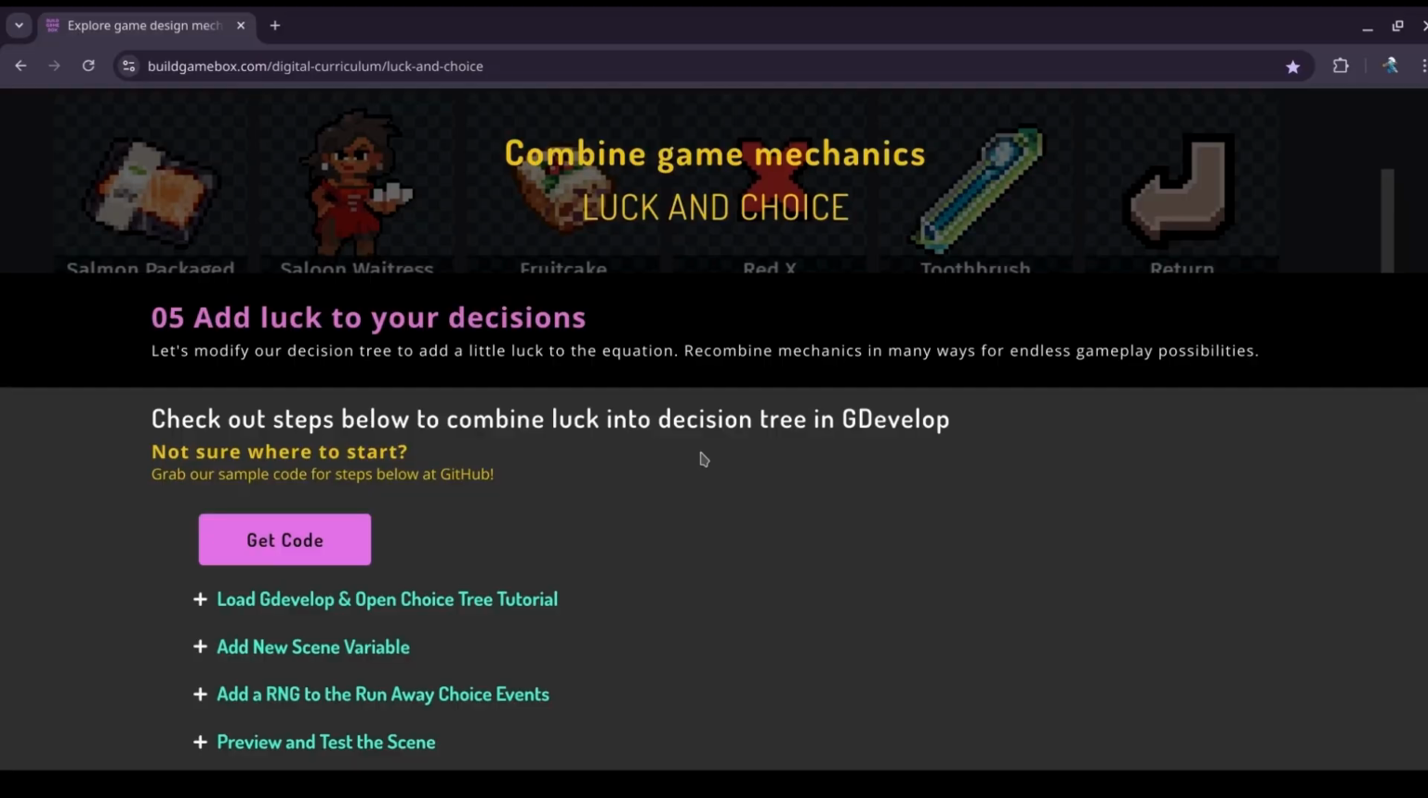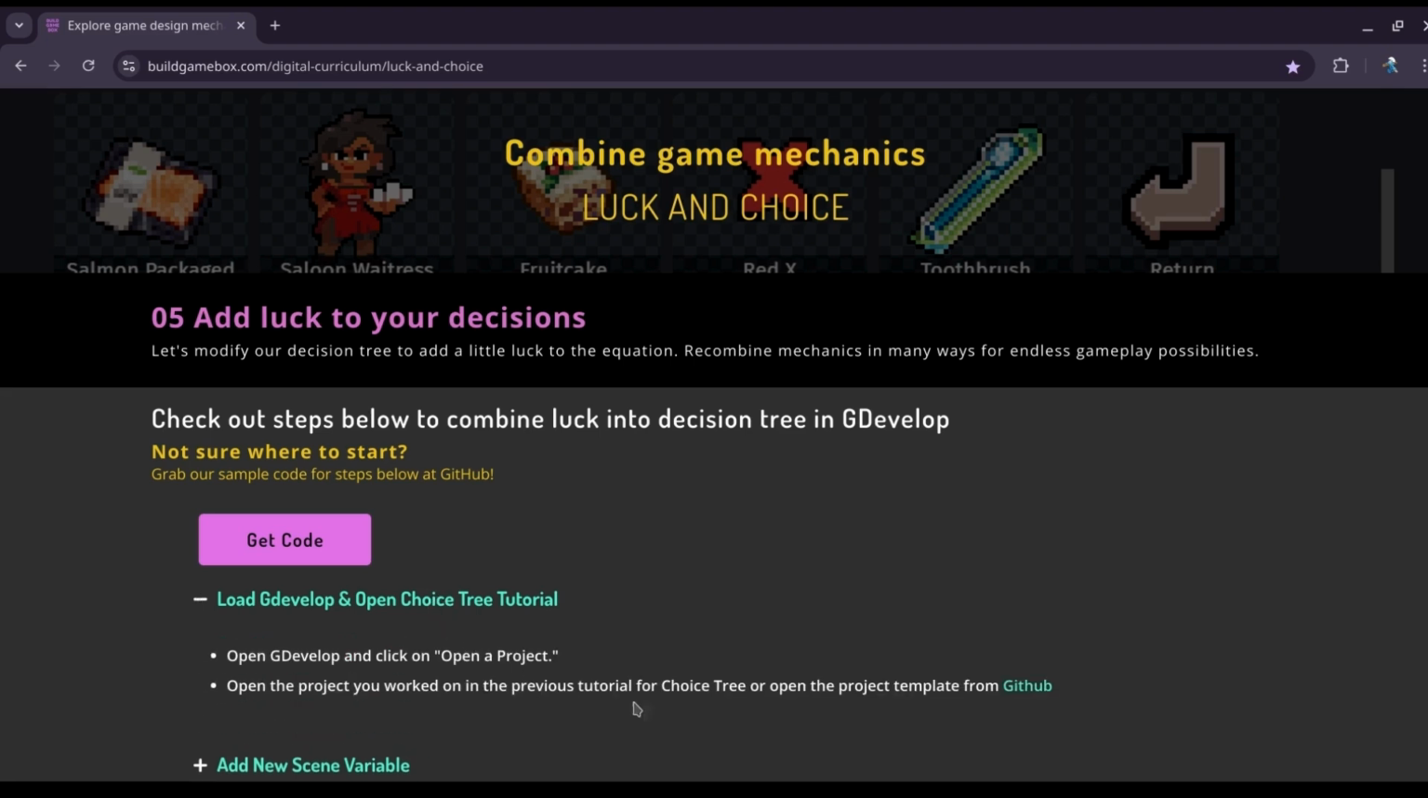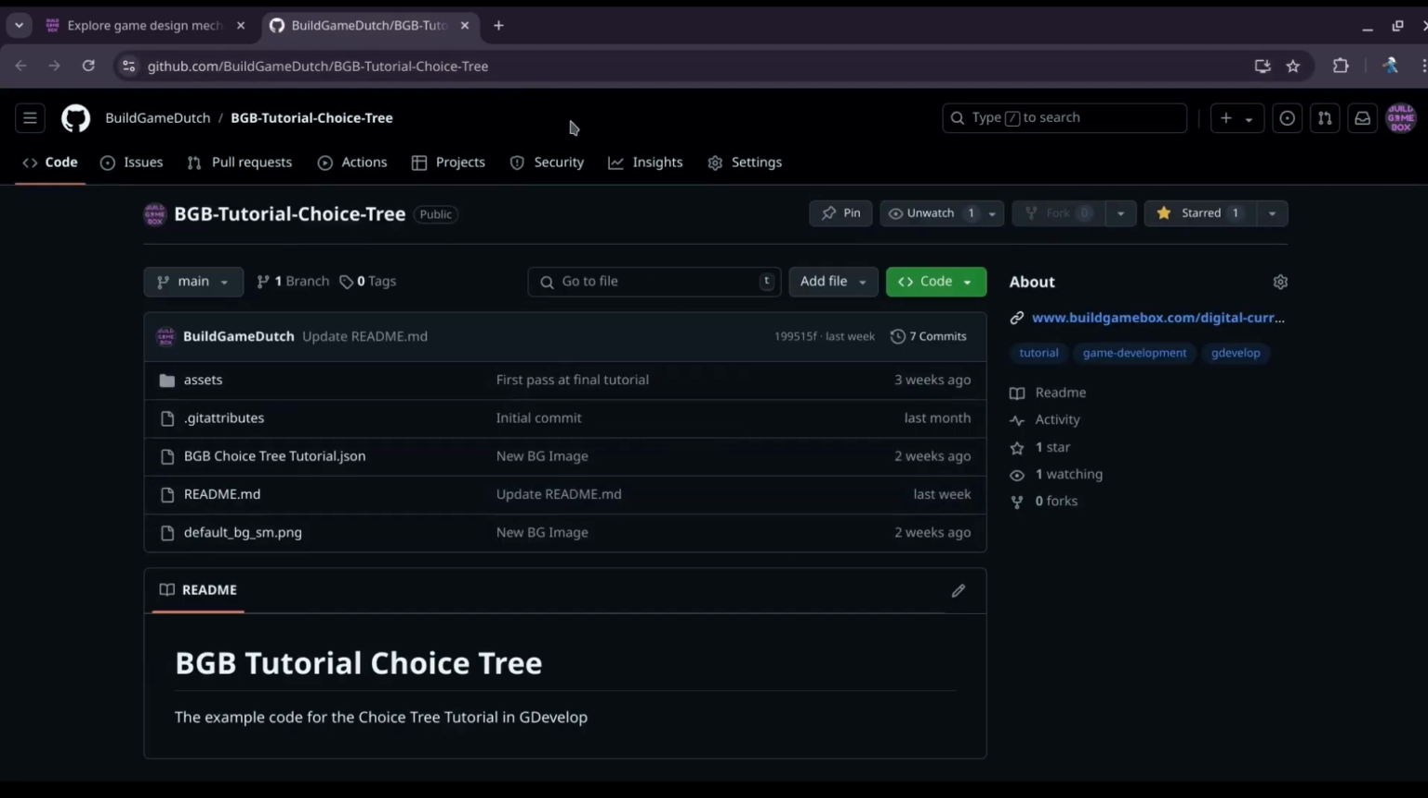Hey everyone, Dutch here from BuildGameBox, and now we are going to take a look at combining our luck and choice mechanics. The first thing we're going to do is go grab our previous project template from